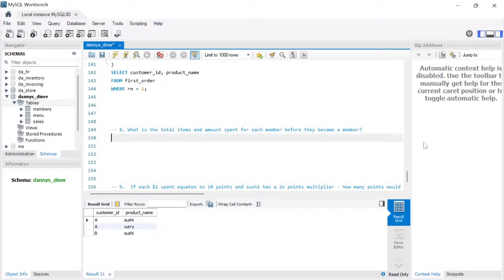So question 8. Look at question 8. Question 8 says: what is the total item and amount spent for each member before they became a member? So you are looking at the total item and then the amount they spent. And the total item, as usual, is in the menu table. So we have to go and count the